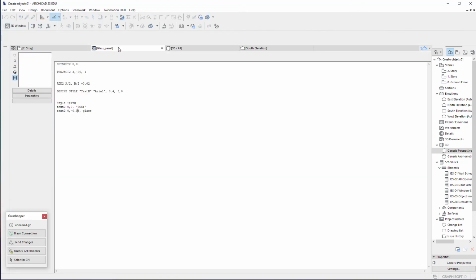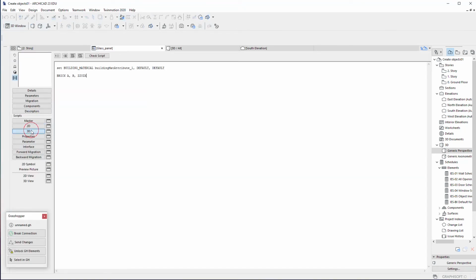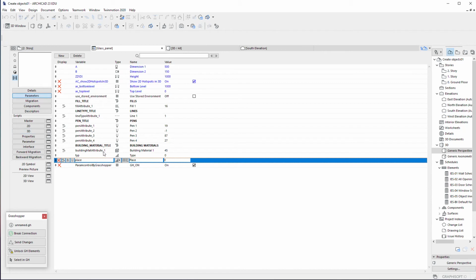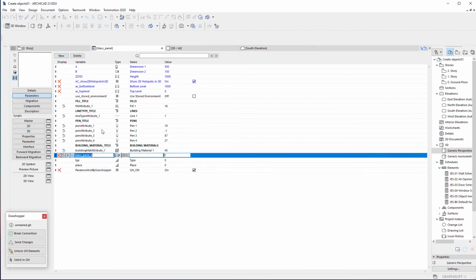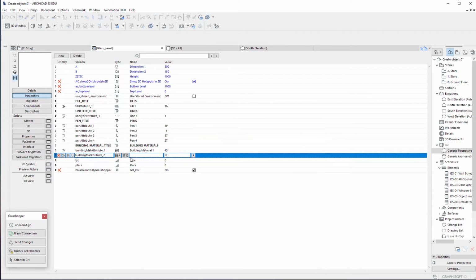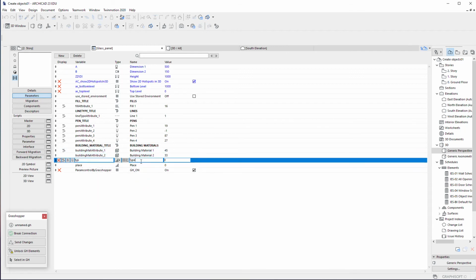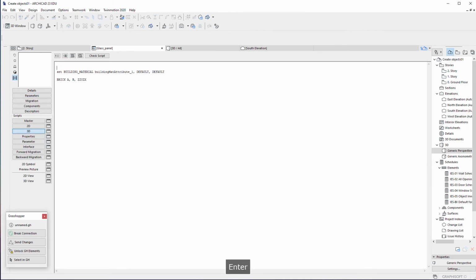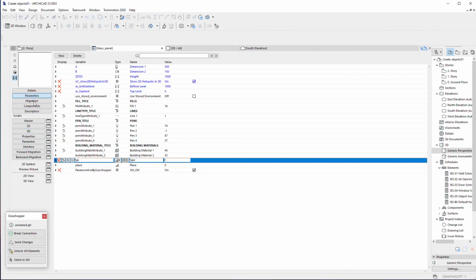You can also make a statement in the 3D, and I can select the color directly from here. So if I make a new building attribute number 2 and make material and select from here as default the aluminum panel, which is right here. Let's call this building material 2. Now if I go to 3D, I can say, as I have the type number here, Ctrl C, I can say